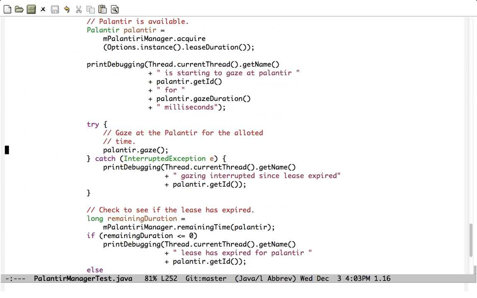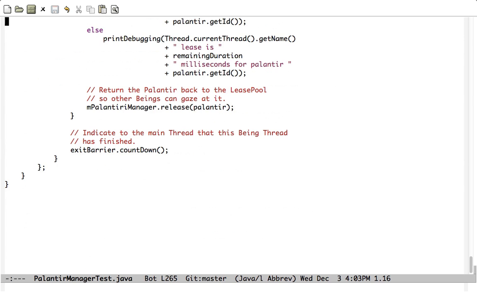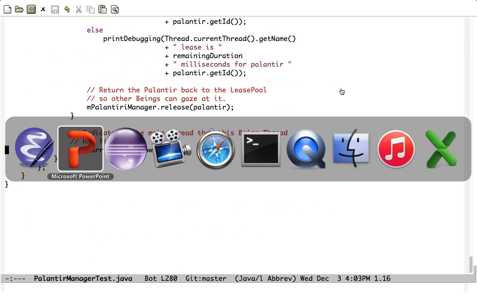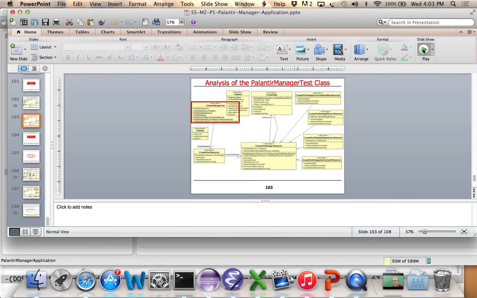We then come down here and figure out how much time is remaining and whether or not we were interrupted. And then when we're done, we release the Palantir. And after we run all the different times, we decrement the exit barrier by 1, which will ultimately cause the main thread of control to shut down. All right, so that is basically the